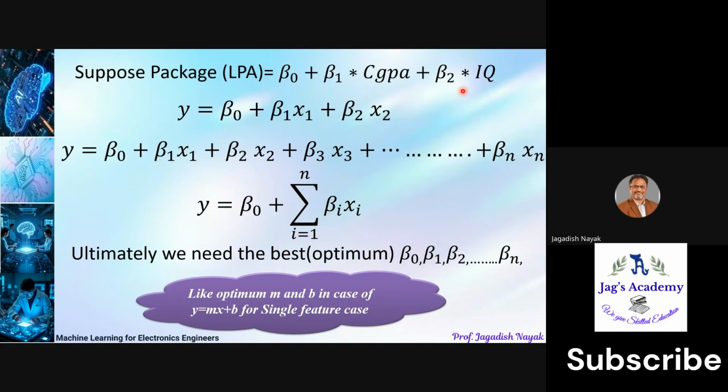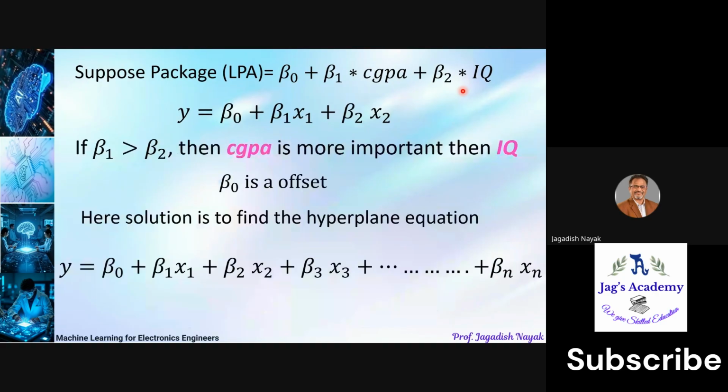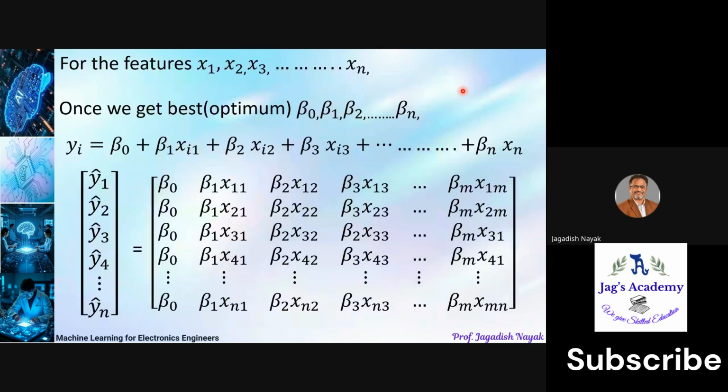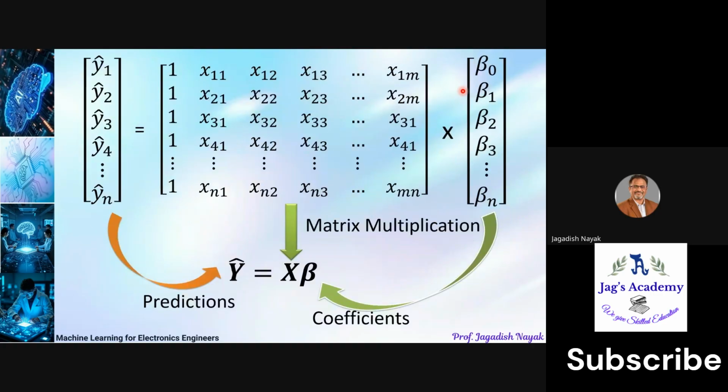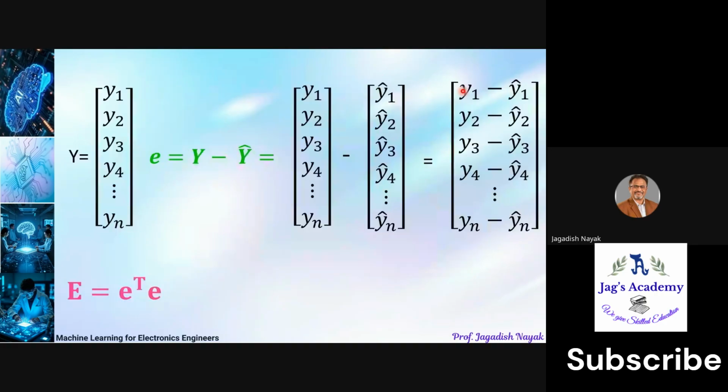So we have seen an equation, and we have to solve for the values of beta naught, beta 1, and beta 2. If you consider a generic equation, it will go till beta n xn. Starting from there, we represented the equation with a matrix, and then we got y cap is equal to x into beta. And we have derived